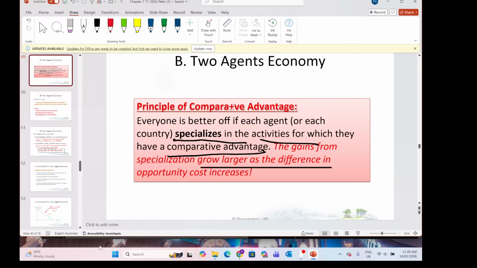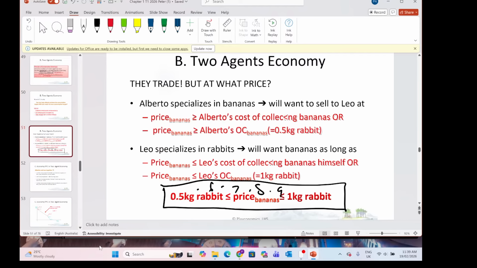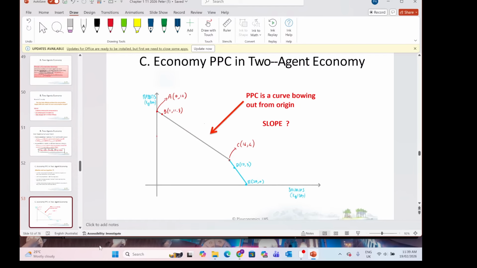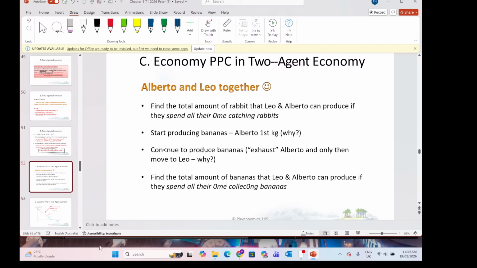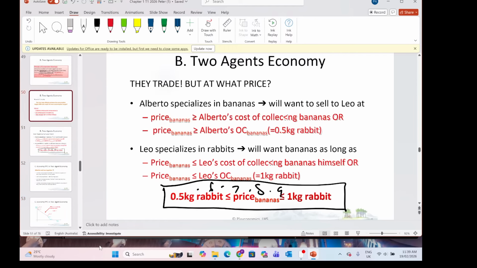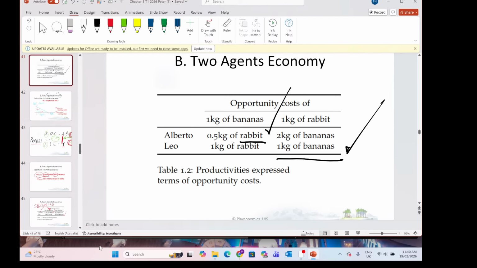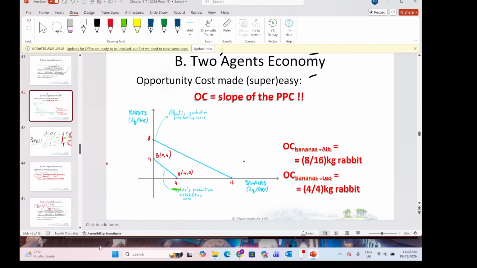So we've got our two agents inside our economy. What we're going to do now is look at what happens when we put these two agents together inside the one economy. We're going to find that we have two different production possibility curves. I want to go back and remind you what these curves look like to start with. Let's find the slide.